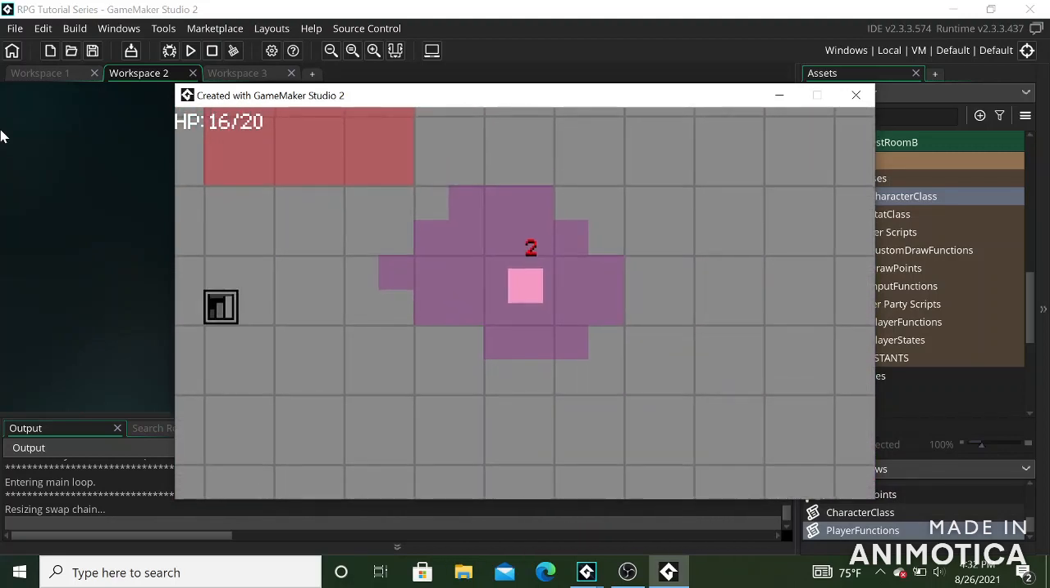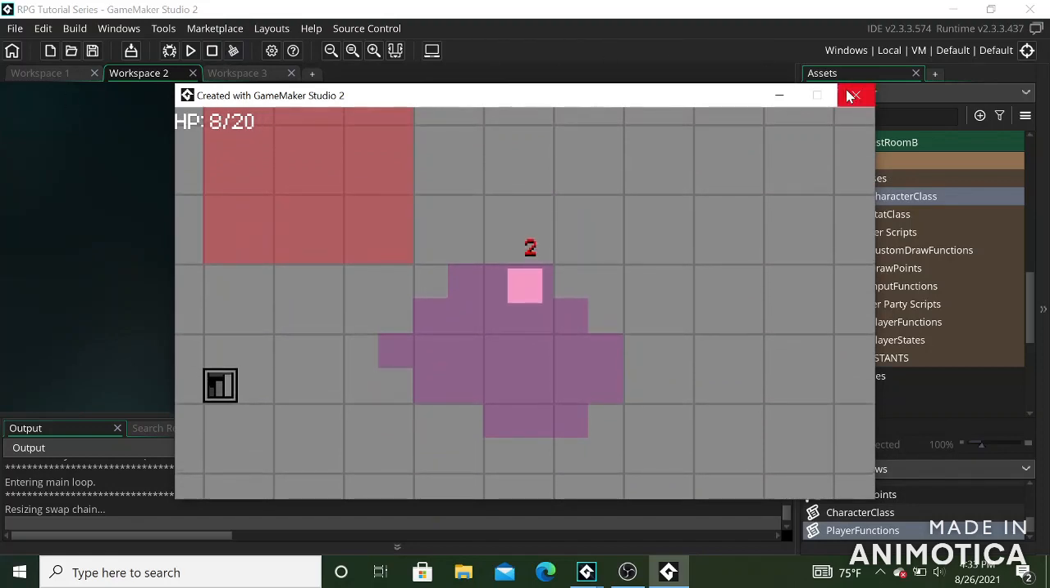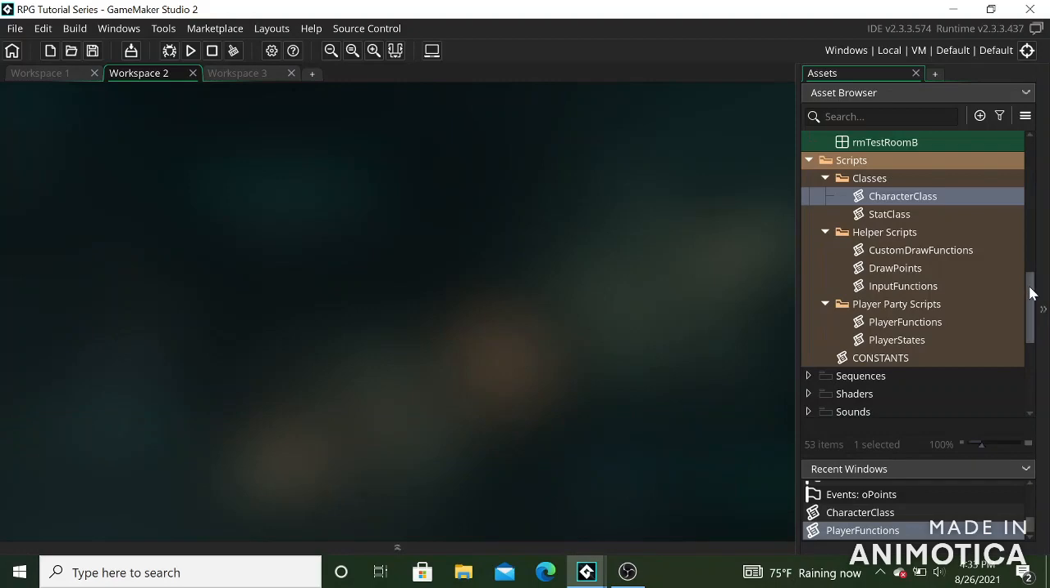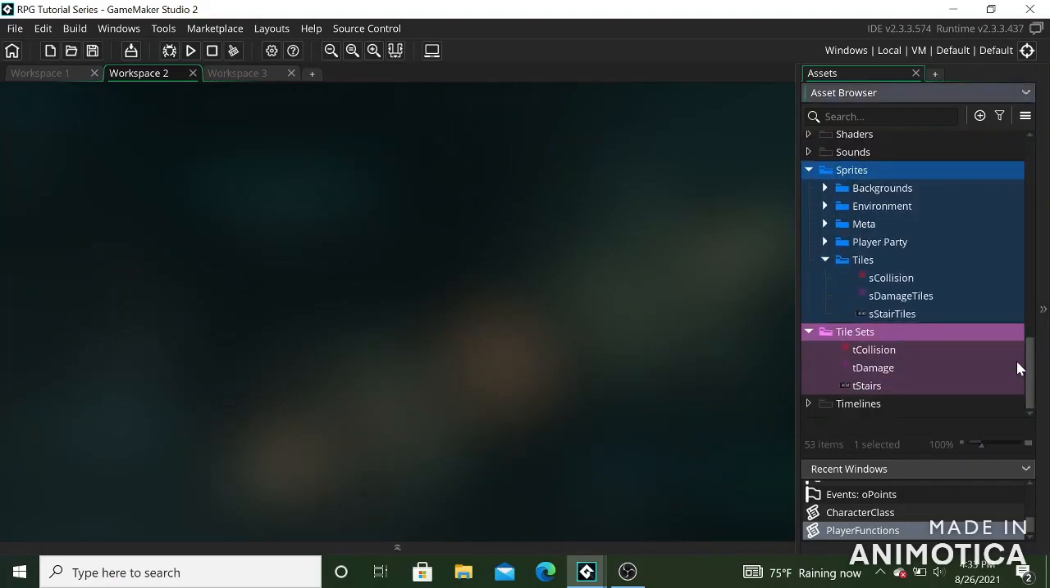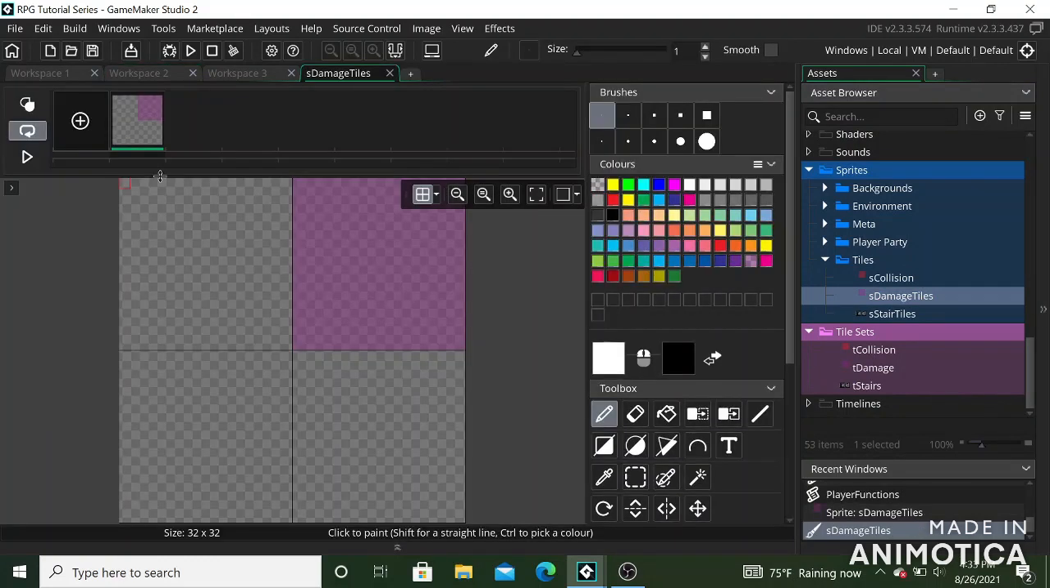There we go. It's getting 10% of our max HP. So here's something fun we can do. What if we have different types of damage tiles that can do different amounts of damage? What if we had a poison floor, but we also had a lava floor? So let's create